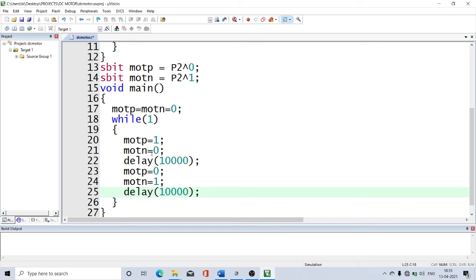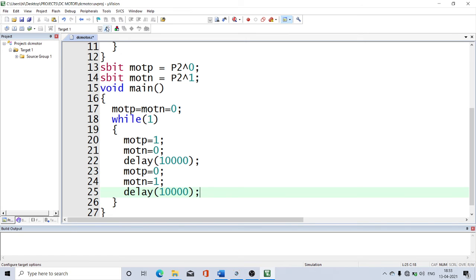So when the positive terminal is at logic 1 and the negative terminal at 0, the direction of rotation of the motor is clockwise, and when it is reversed, the direction will be reversed, that is anti-clockwise rotation, when P is supplied with 0 and N is supplied with 1.